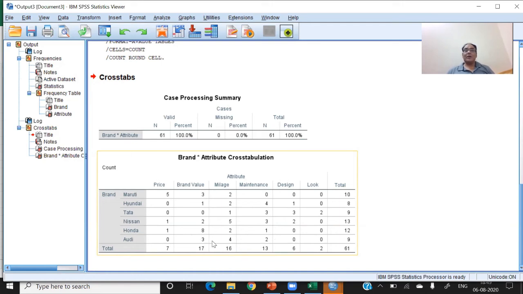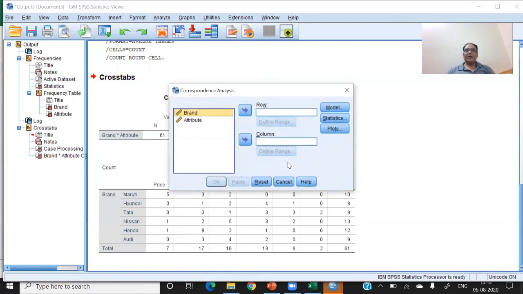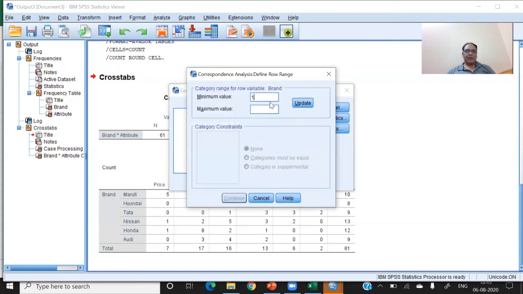Now I want to apply the correspondence analysis on this data set. You know how easy it is. Just go to dimension reduction, correspondence analysis. After that, click on the brand, click on the attribute. Brand I will send to my rows, and I have 6 cars, so I put minimum value 1, maximum value 6, and click update and continue.